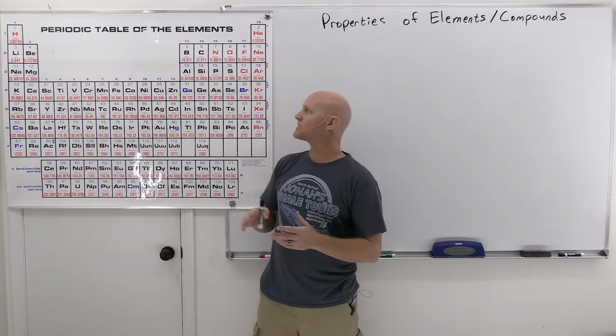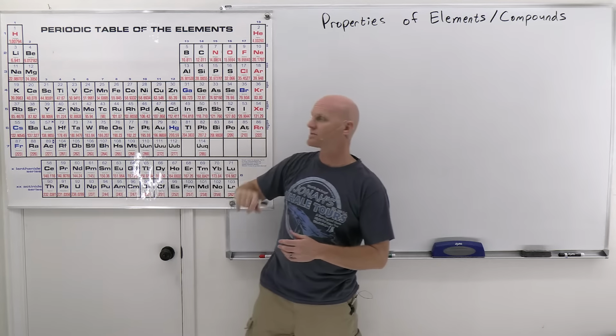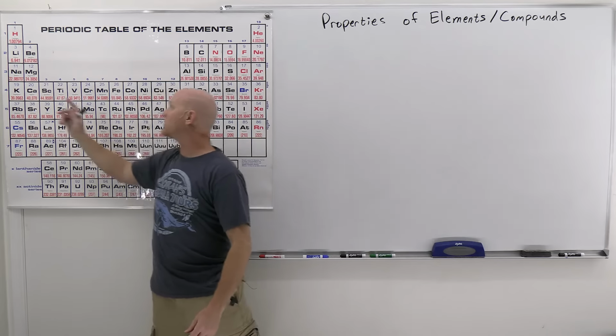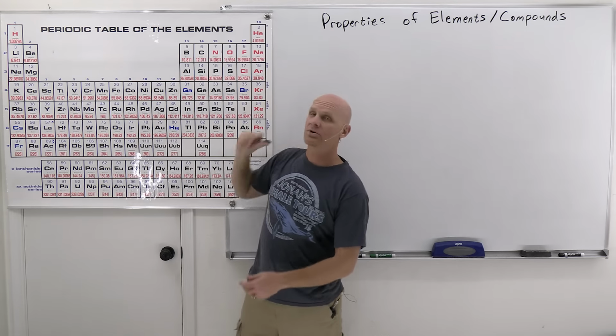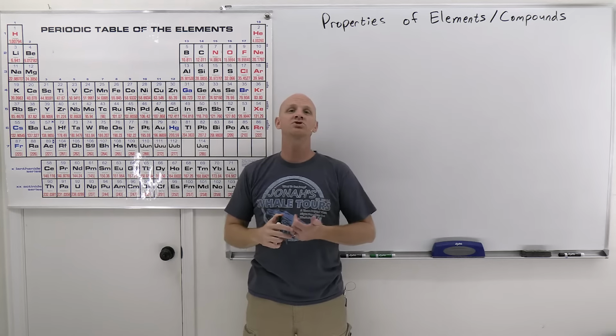And then we're going to go back through and talk about a few of the groups on the periodic table, like the alkali metals, alkaline earth metals, the halogens, the noble gases, and just talk about some common trends in